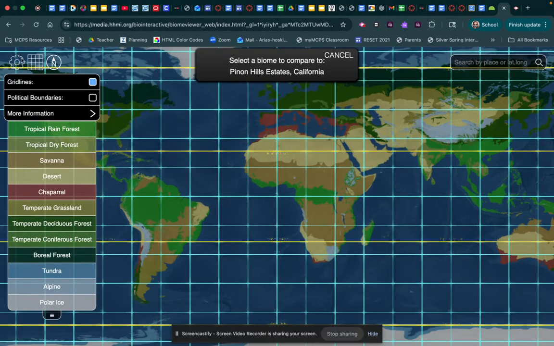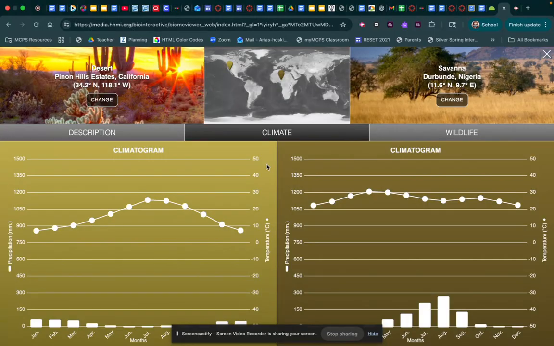Now, what you need to do, you're going to select the Sahara. That's actually what it's telling you. So the Sahara is somewhere, I don't know, just find it out. I'm going to show you here the savanna, just because I like the savanna. If you look in here, I have the desert on the left, and then I have the savanna on the right side. You are going to compare the precipitation between your biome versus the precipitation of the Sahara, which is